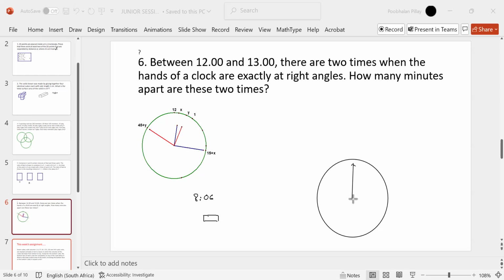And then you have an hour hand, which is a short hand. So the hour hand only goes through 1 hour each time. So if I'm starting at 1 o'clock,